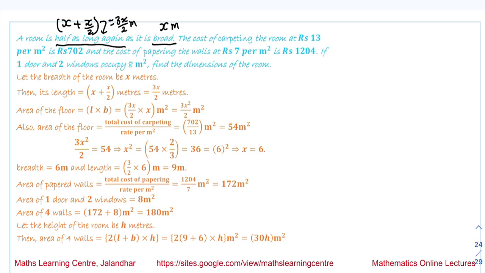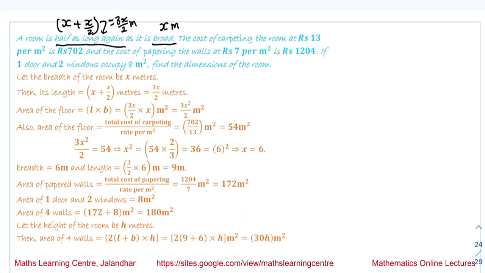Then the cost of papering the walls at rupees 7 per meter square is 1204 rupees. If one door and two windows occupy 8 meter square, then we have to find the dimensions of the room. So if the cost of carpeting is rupees 13 per meter square, we have to find the total surface area of the